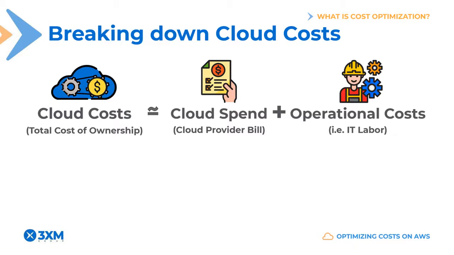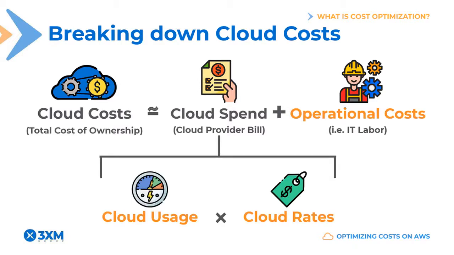Now, cloud bills typically show thousands and thousands of charges, which are derived from a complex relationship among several variables, things like network throughput, data ingestion, storage, processing units, and so on. Regardless of the true variables at play, your cloud bill amount will always be some function of your cloud usage and the rates offered by the cloud provider. Where I'm going with this is that there are truly three things you can optimize in order to minimize your overall cloud costs. And these are, first and foremost, your cloud usage.